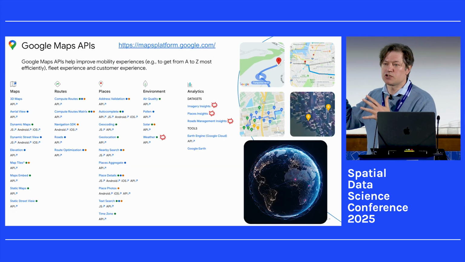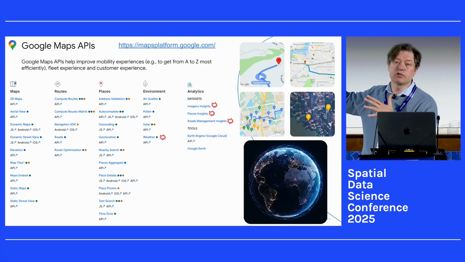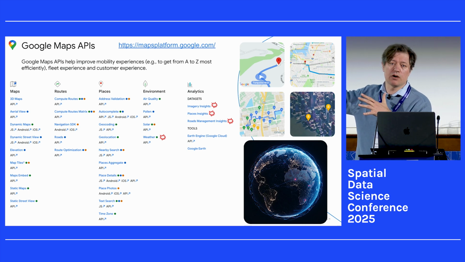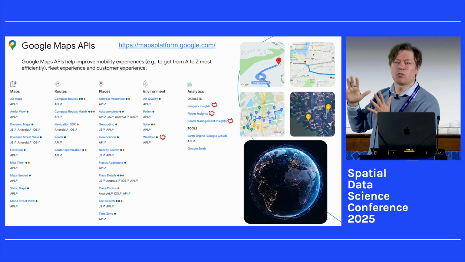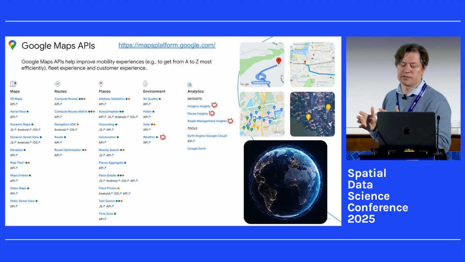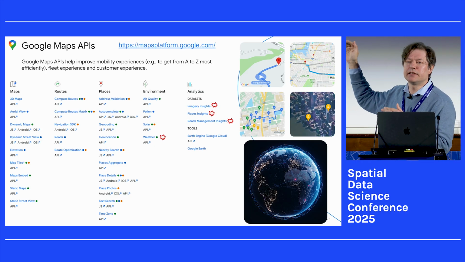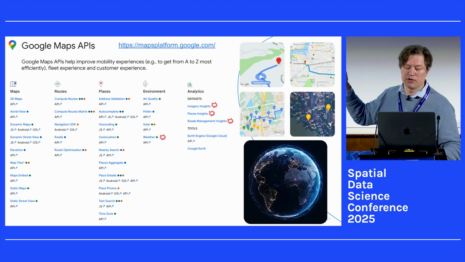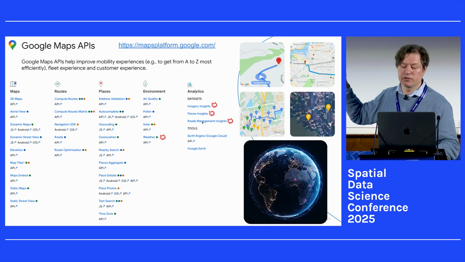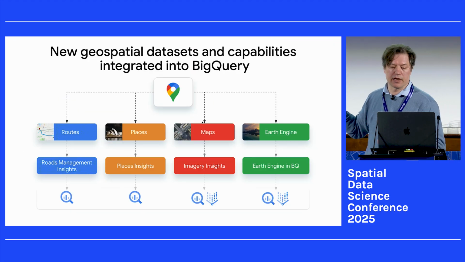And many of these services also, we distribute some of these data sets or access to our data through Google Maps Platform. There's a number of APIs, a lot of companies, organizations using it. And we added one new thing, announced last month, that we started adding what we call geospatial analytics data sets. So this is in the right column here, and that's what I will mention in the next part.